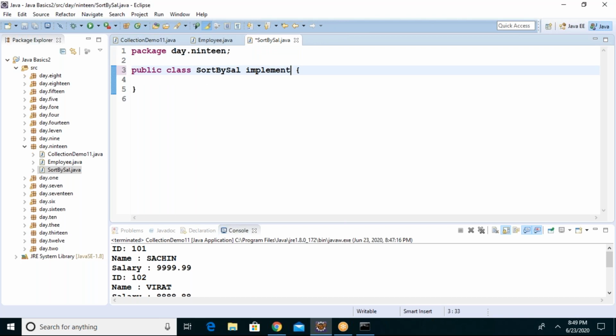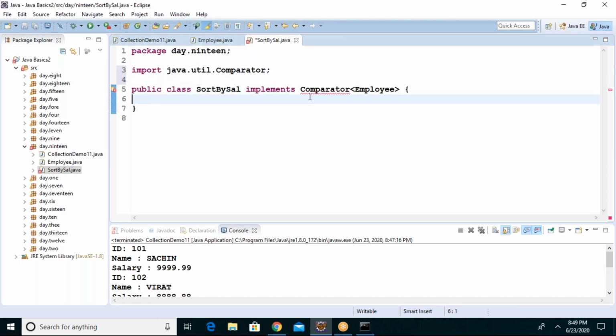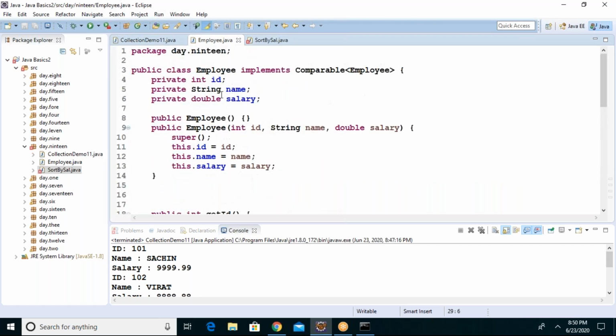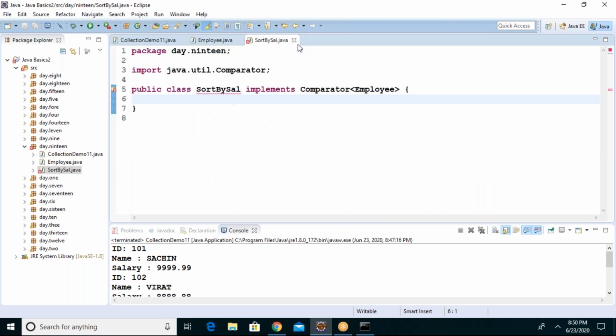There I am implementing not Comparable but Comparator. There is a different interface called Comparator. Comparable is for default sorting, guys. Comparable you always use inside the original class, which provides a method called compareTo.